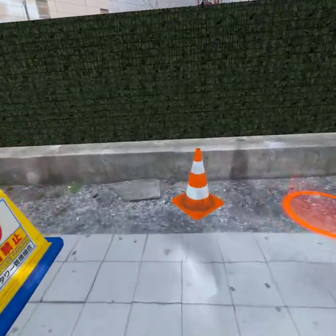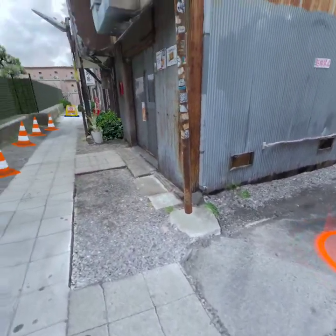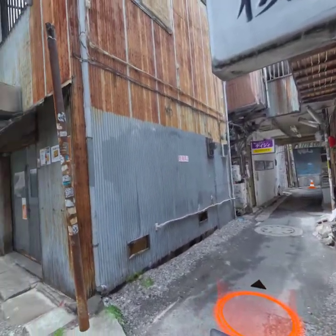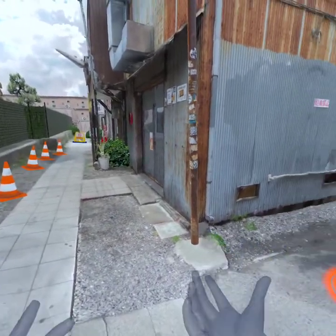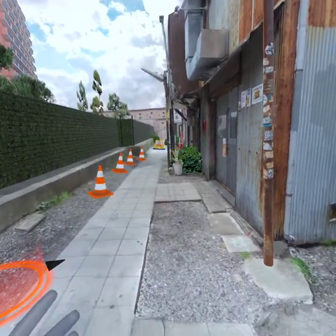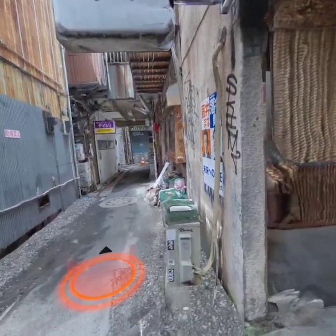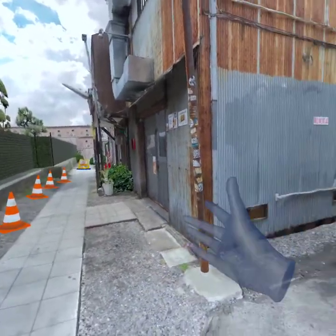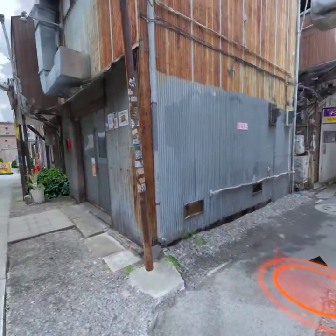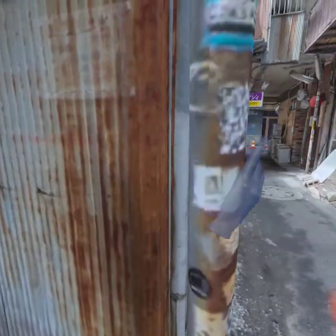So, I don't know how this comes out with YouTube. YouTube and Facebook tend to make the video quality kind of shit. I can tell you that in VR, this feels very realistic. It's very detailed. It feels like I'm actually there. Everything is 3-dimensional, so it's not just a painting or whatever, you know what I mean? It's fully rendered. Everything has 3 dimensions. Like this pole, as an example, I feel like I can reach out and touch it. It's fully